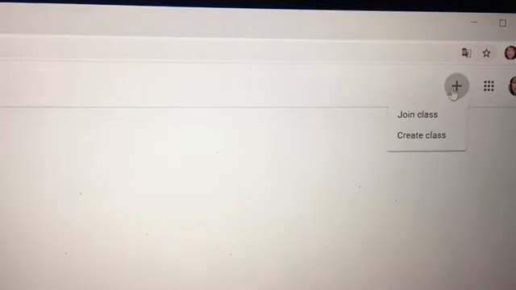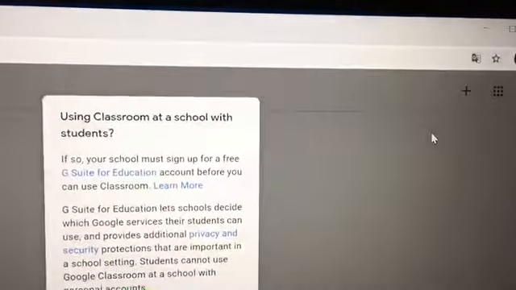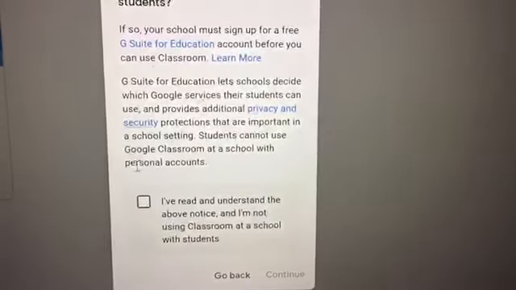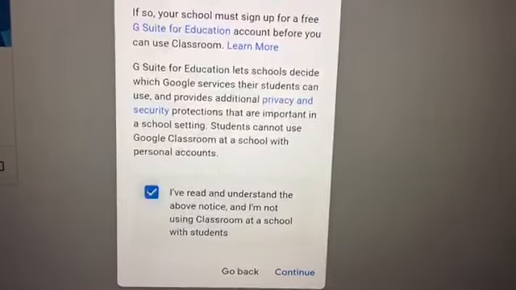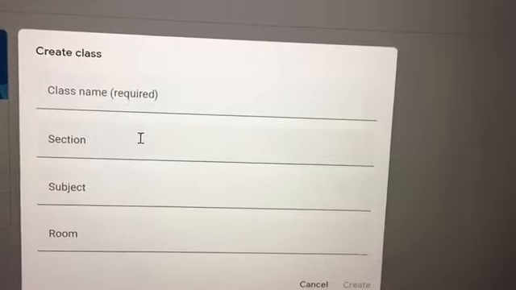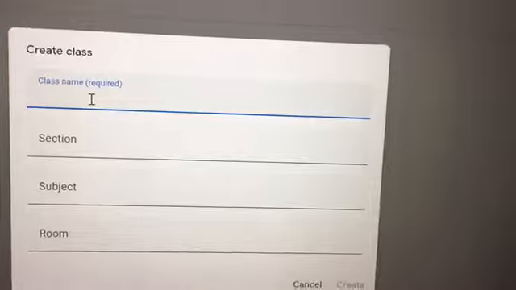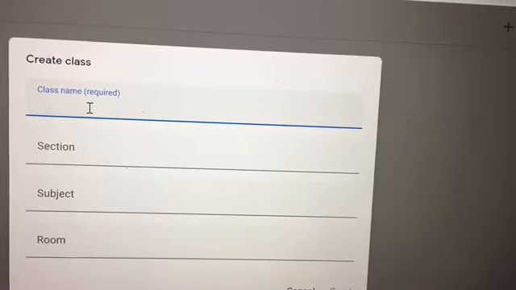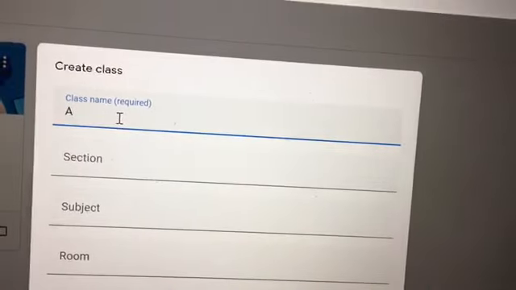So all you have to do is press that plus sign to create a class, or if you'd like to join someone's class, click it, but we'll first create a class. Then read this one. I just need to click this. I have read and understand the above notice and I'm not using Classroom at a school with students. Continue. Once you're already there, then you can type the class name, any class name that you'd like to make. I usually put my name so that they would know that it's coming from me. Let's say, for example, I will type Anne's